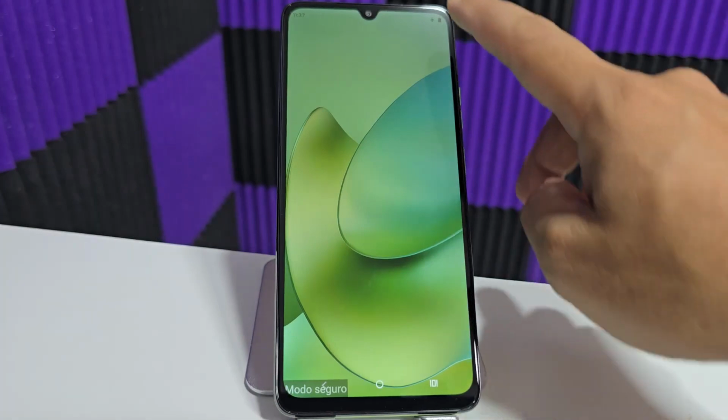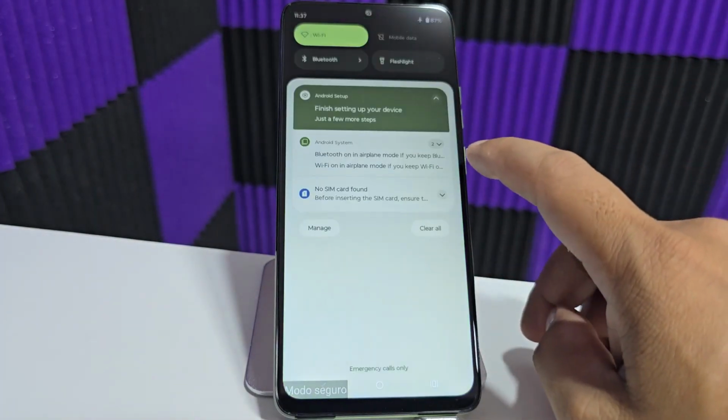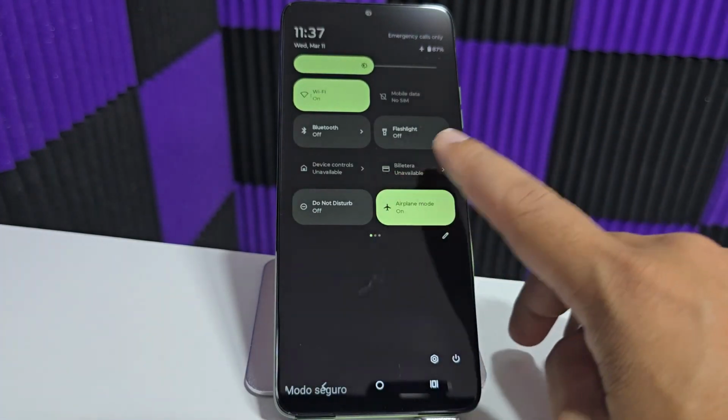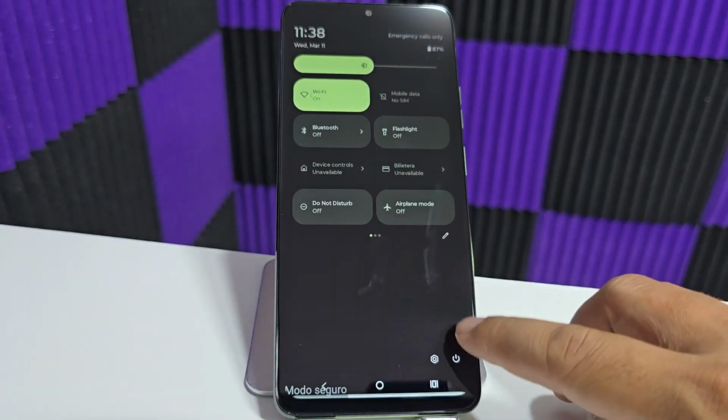How do we remove this little airplane icon that appears here? All we have to do is scroll down. Click here, and now to edit safe mode we're going to